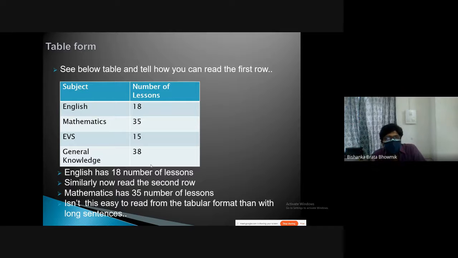In the same way, you can give them this data: what are the subjects they are going to learn this year and the number of lessons, how many lessons there are. By seeing this tabular format, it will be easier for them to understand how many lessons there are for which subject. And rather than going through this in a paragraph manner, if you go this way, they will also understand that this is very useful for us, and for further processing their own information, they can follow this kind of tabular format.